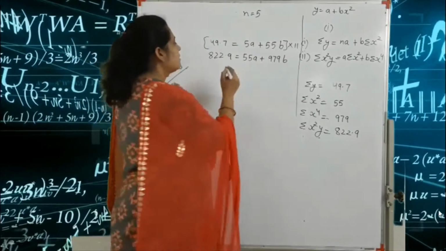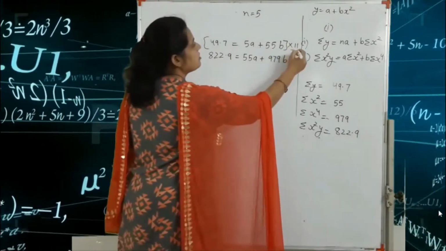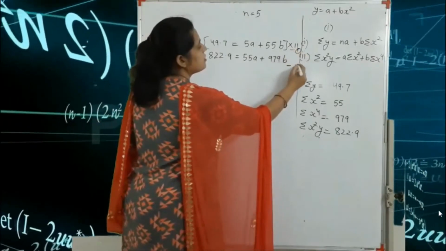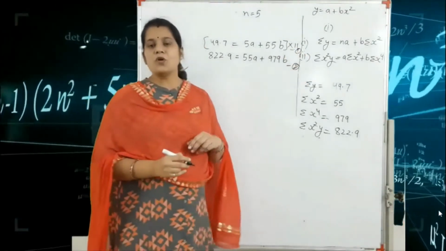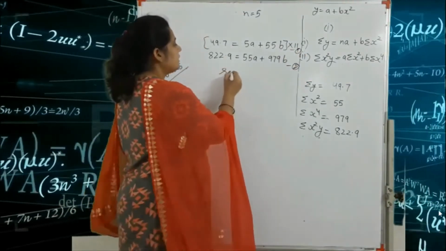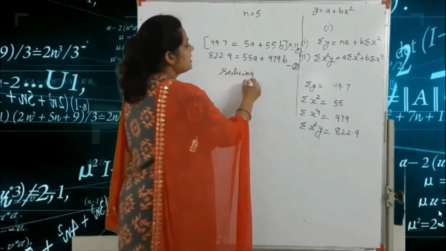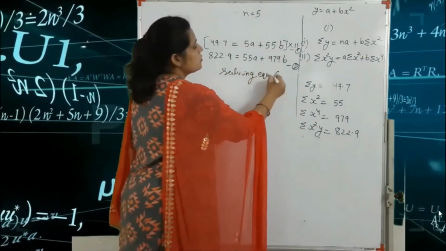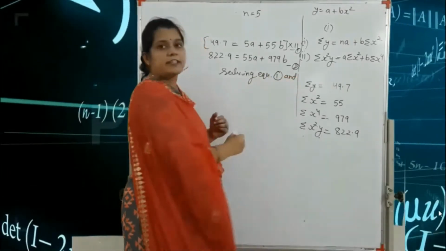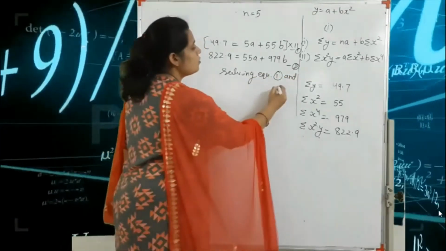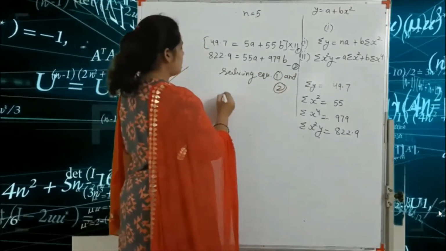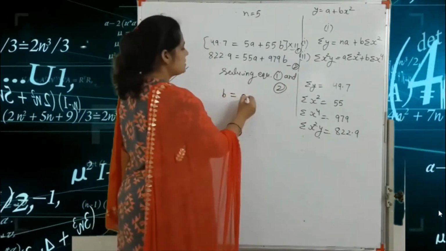So after solving, this is our equation number 1 and this is our equation number 2. So after solving equation 1 and equation 2, we get the value of b is equal to